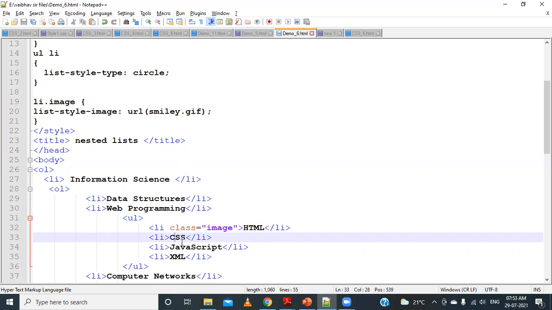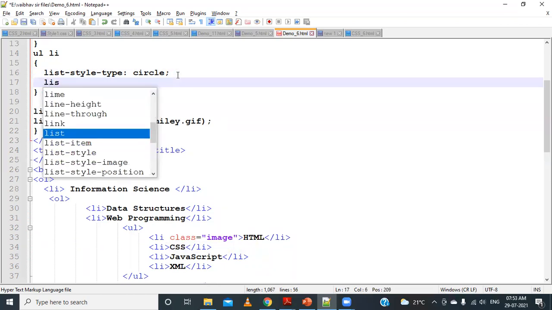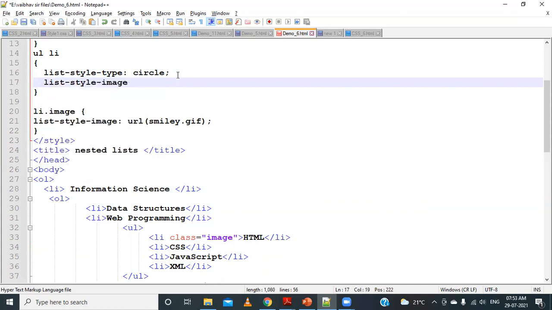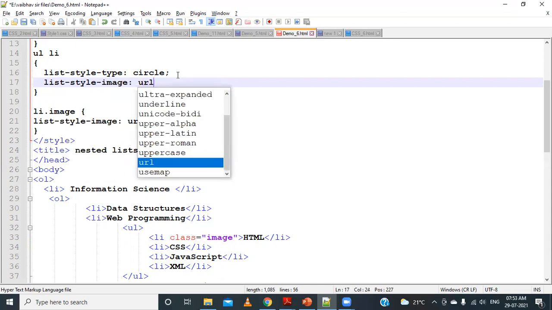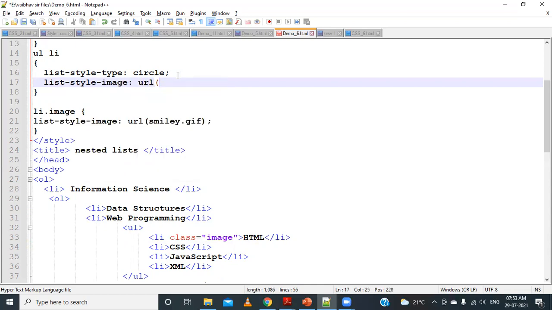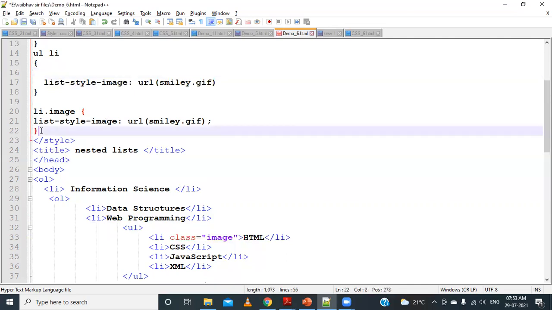Again, if I want to set these images for all the list items, what I can do here is specify UL LI, and specify list-style-image in this way also. I will say it as url, and then specify the file name .gif, and then I will remove this one, and we can remove this as well.